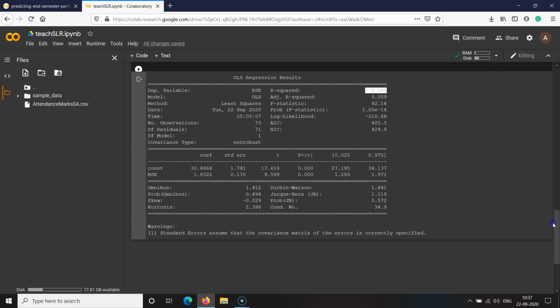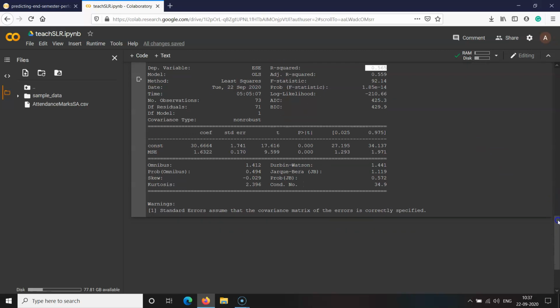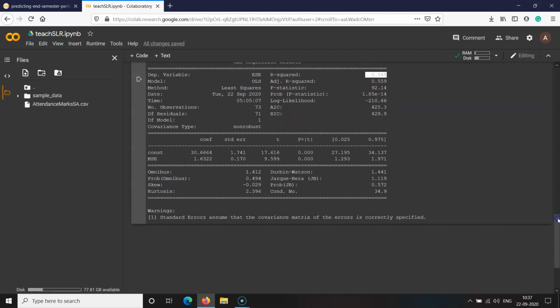And that can be answered by using this R square. So R square tells us that you can predict the end semester examination marks, and for predicting the end semester examination, one mark in the mid semester examination will have 0.565 marks increase in the end semester examination. So this is the interpretation that you can draw from these results.